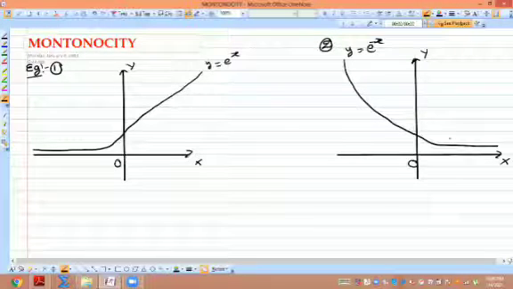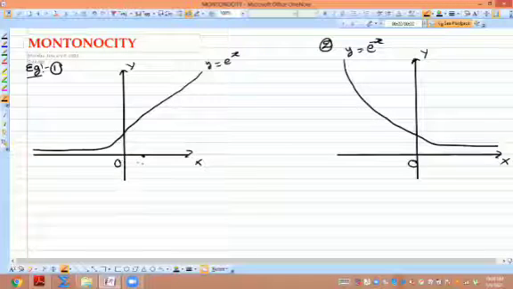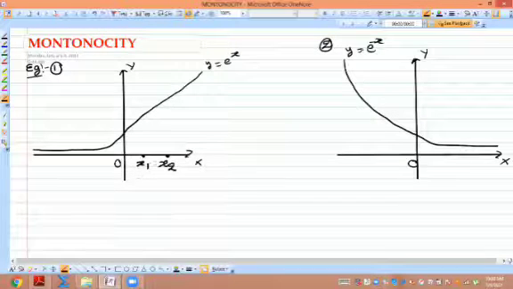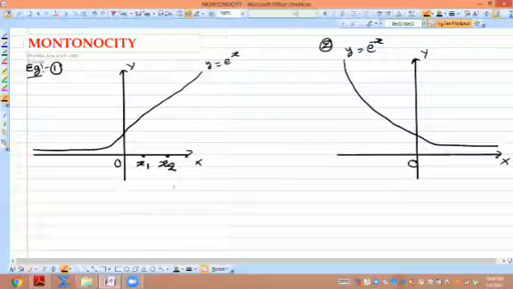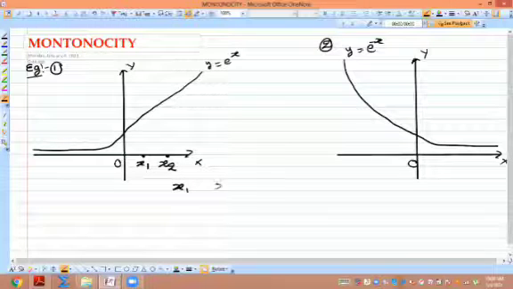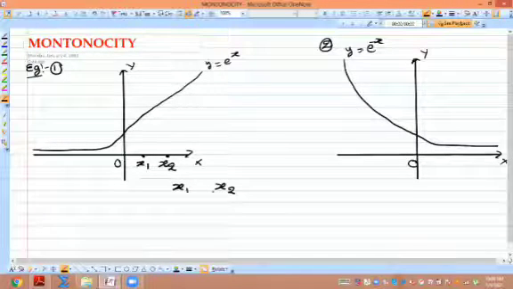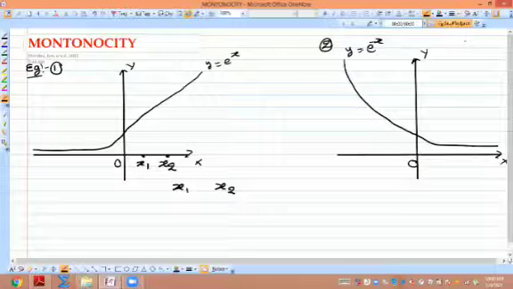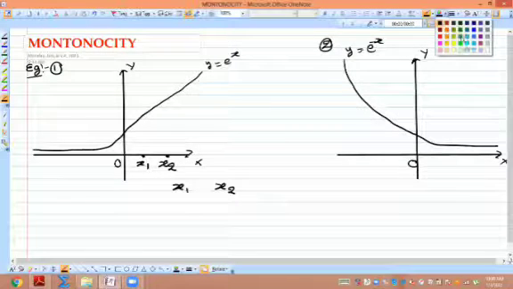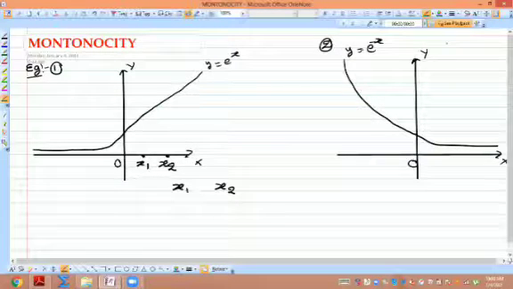Now observe carefully, Malati. The point which is nearest to the origin, I am considering as x1, and this point somewhat after x1 is x2. So which one will be more? What is the relation between x1 and x2? All of you tell me. Is x1 more or is x2 more? X2.